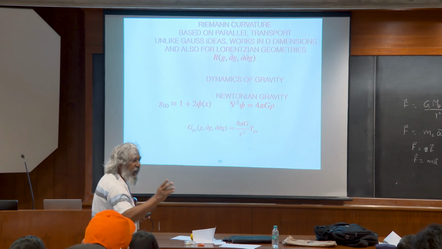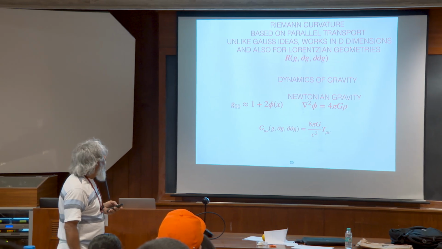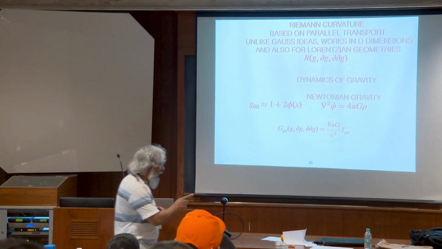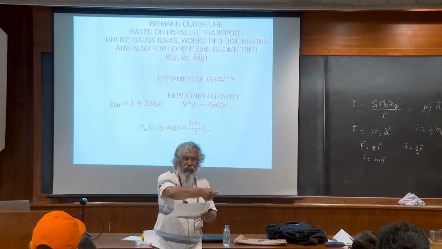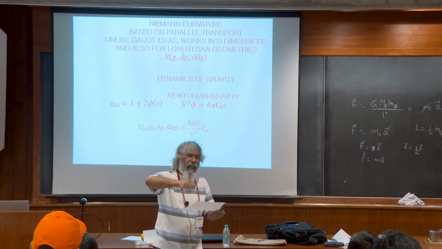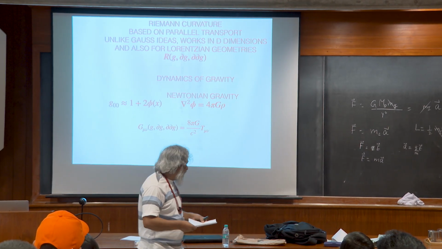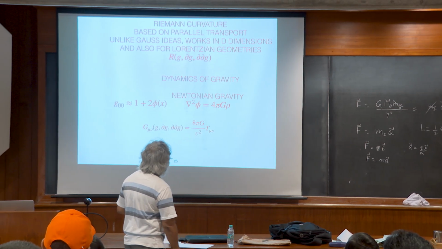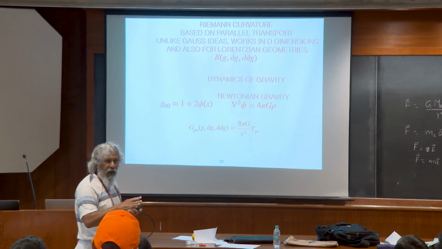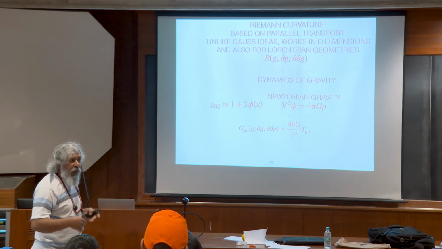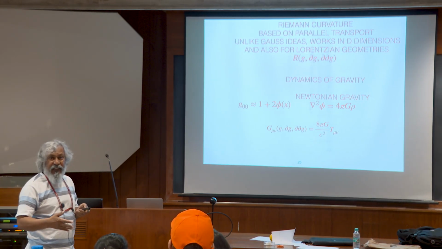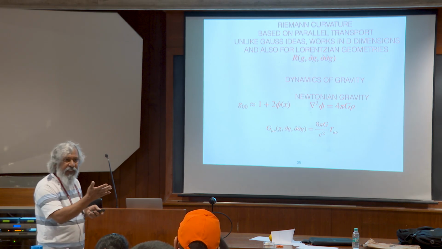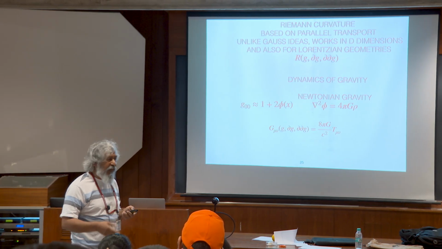Now, of all the different ways of thinking about curvature, one of them stands out, and that is the idea of parallel transport. You take a vector and you take it along a closed curve and bring it back, and you find that it's changed. This is the idea that Riemann had, and it's actually much better than Gauss's idea of multiplying the 2 curvatures. Because Gauss's idea is restricted to 2 dimensions, Riemann's idea works in any dimension and also in any signature. Even in Lorentzian geometry, you can use Riemannian ideas of curvature.